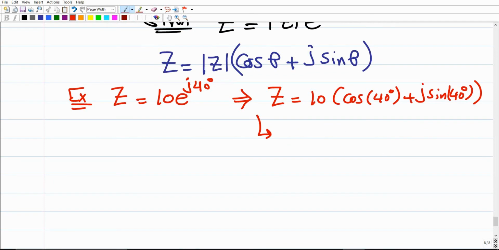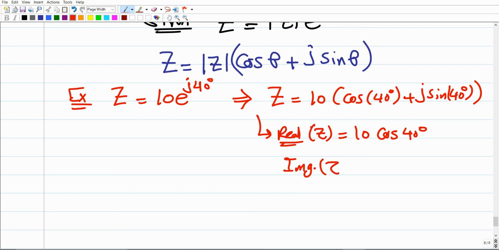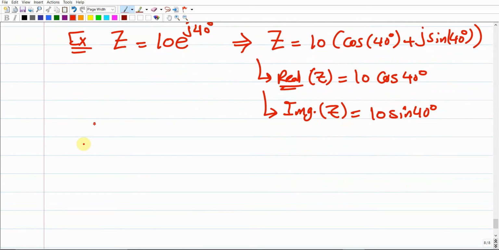So the real part of this number z is going to be 10 cosine 40 degrees, but the imaginary part of the number z is going to be 10 sine 40 degrees. Make sense? Let us consider another example, where z is already given by